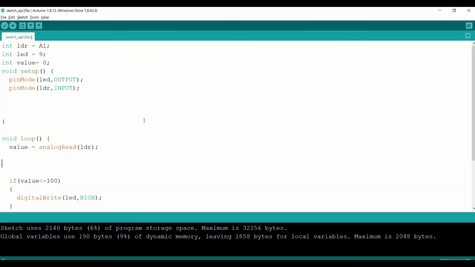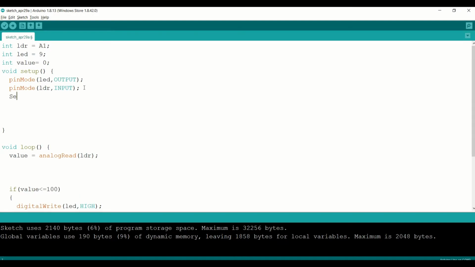So guys, in order to print the value, in the void setup we must write serial dot begin, and then in brackets 9600. You must be thinking why we are writing 9600. Basically this is the baud rate set.